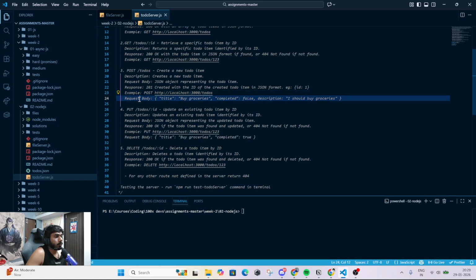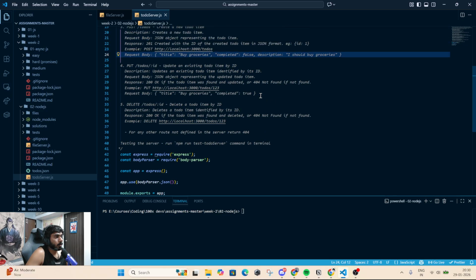Example to dos. Request body: title buy groceries, completed false, description I should buy groceries. Okay. PUT, again, update an existing to do item by an ID. There will be a JSON body again. So, 200 okay if it was found and updated, 404 not found if not found, obviously. And it should be like the title and completed is equal to true. Okay. There is no ID. Okay, we are identifying the ID. Anyways,